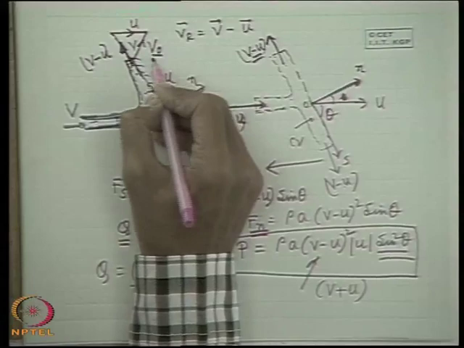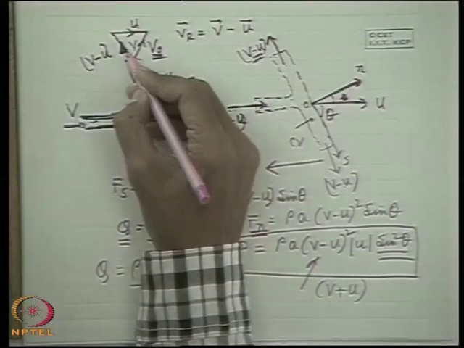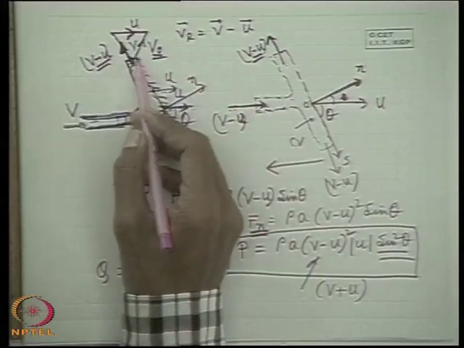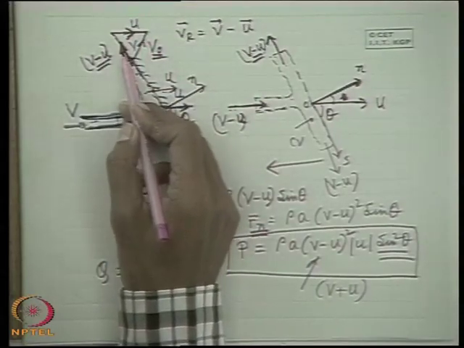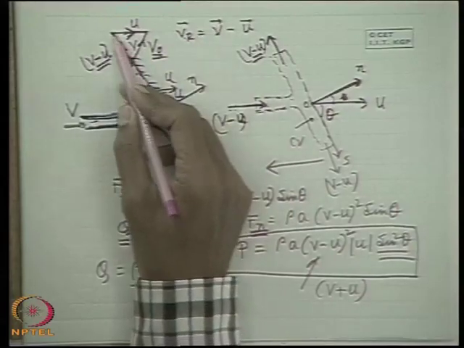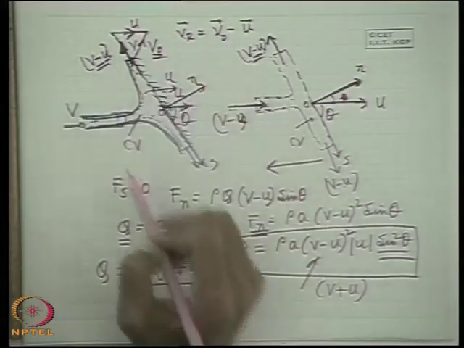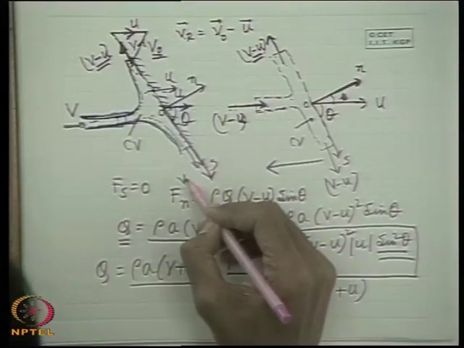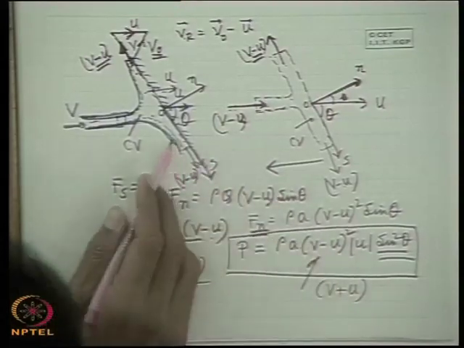So, V0 is the absolute velocity. That means this is V minus u, the relative velocity, and this is u. This gives the vector notation that V0 minus u is Vr, or Vr plus u is V0. That means, Vr plus u is V0. Here I write V0. Similarly, here also, if this be the V minus u, whose direction will be always along